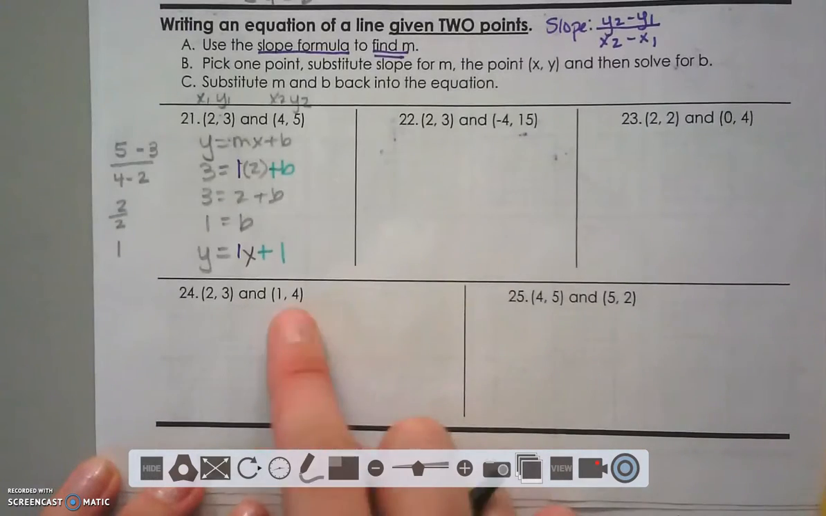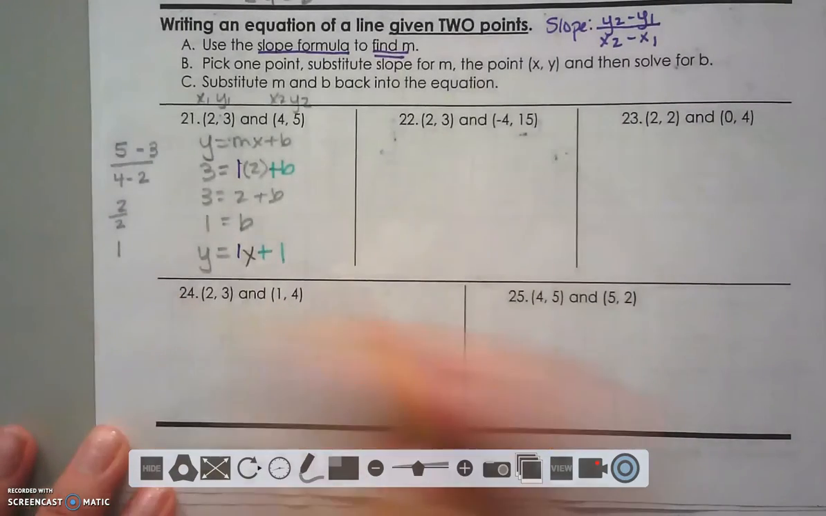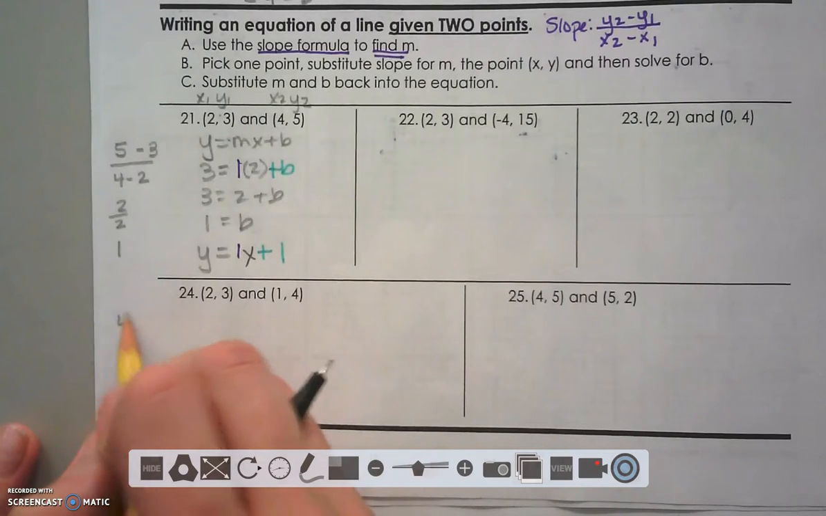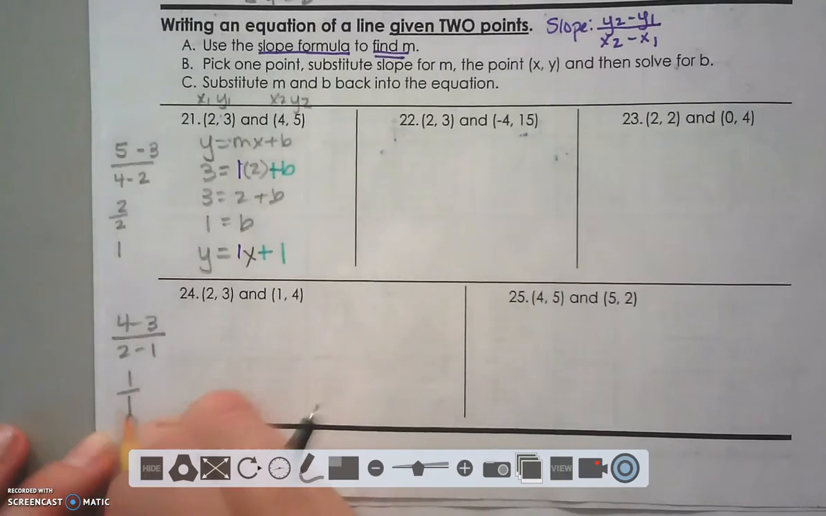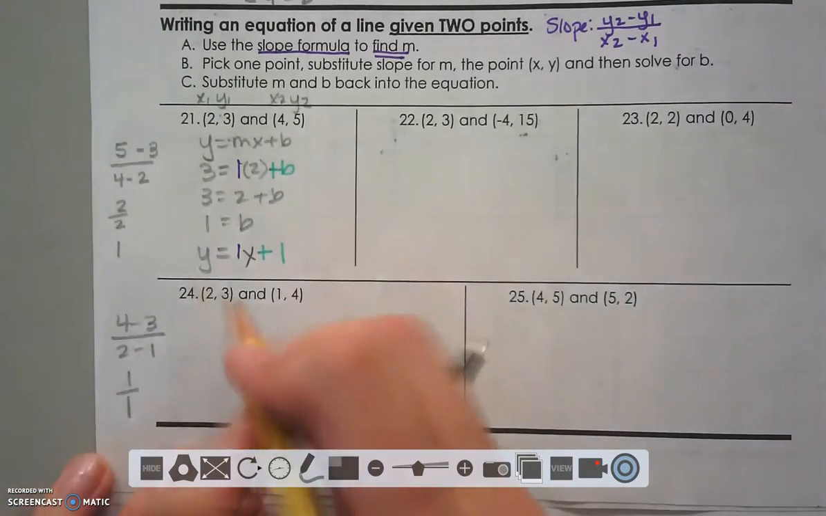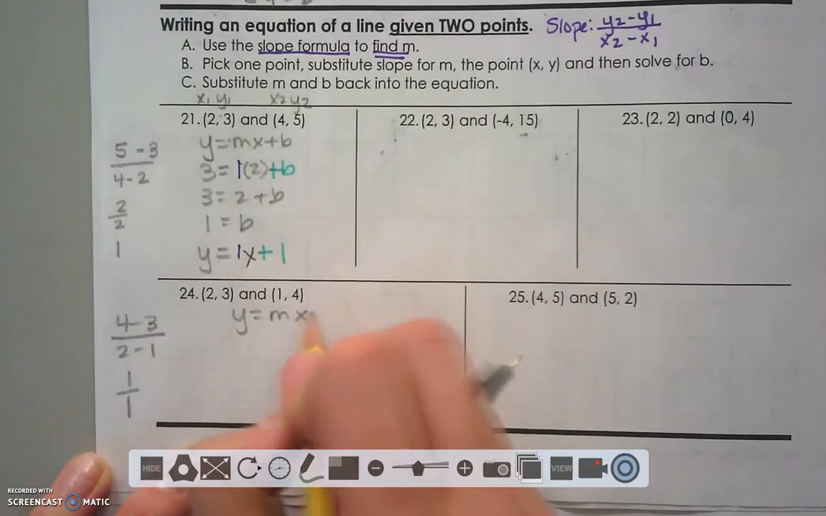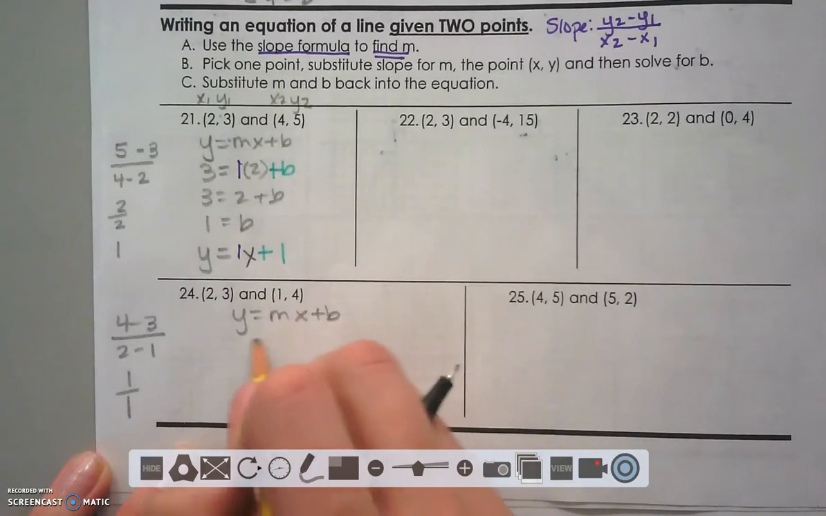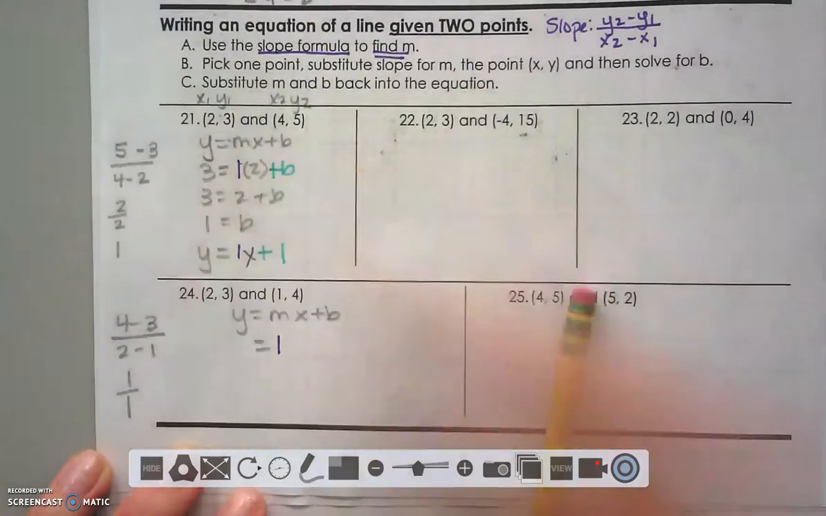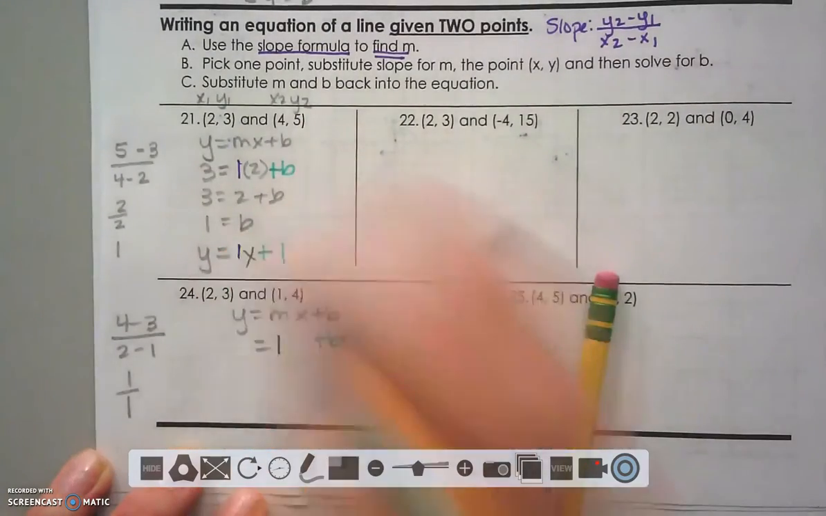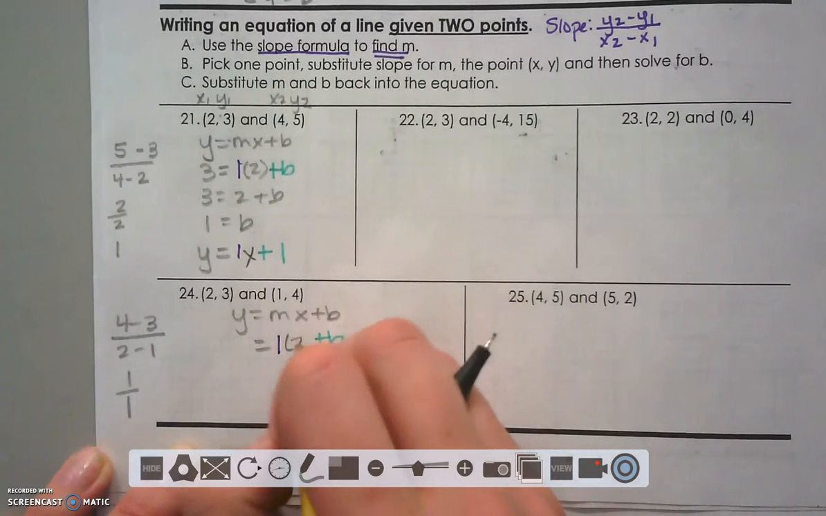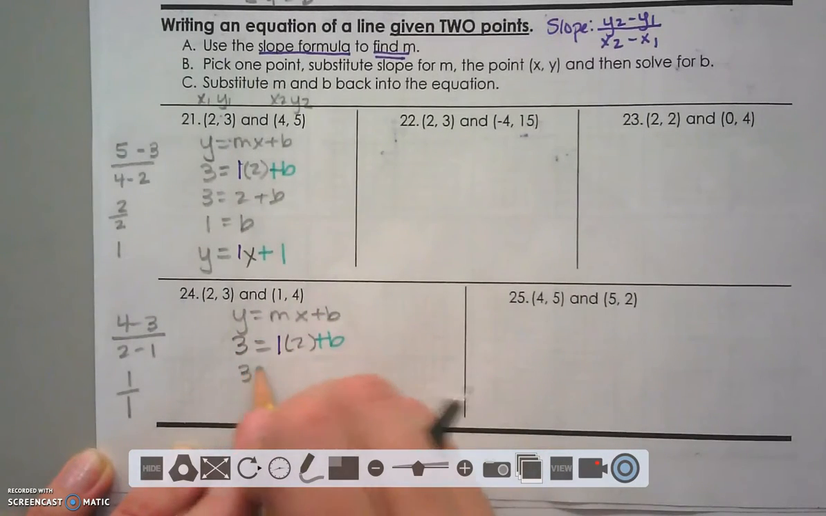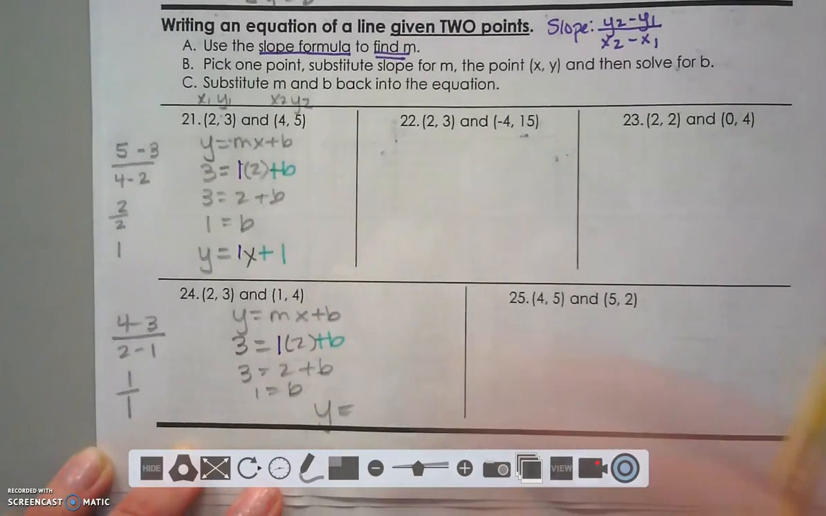Again, we have 2 points, so we need to find that slope. So we'll use the slope formula. 4 minus 3 all over 2 minus 1. That's 1 over 1. So again, a slope of 1. So y equals mx plus b. So this is a slope of 1. We're trying to find that b value. And again, I'll just substitute in this first point. Why not? Okay. 2, 3. So 3 equals 2 plus b. So 1 equals b. Y equals